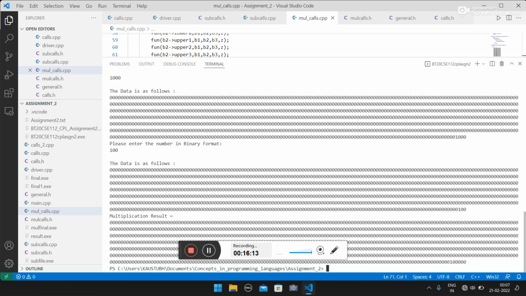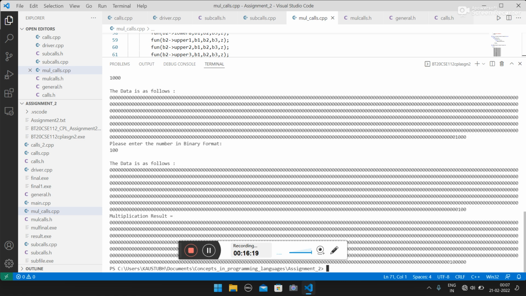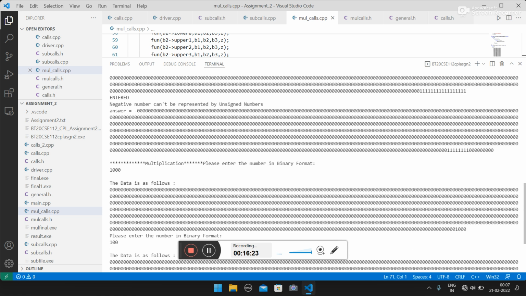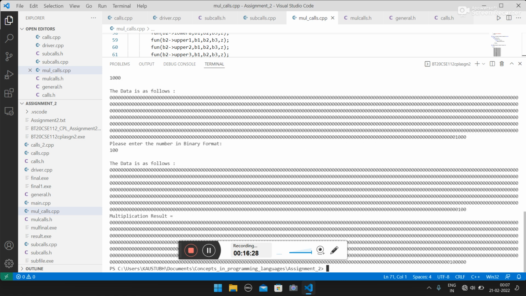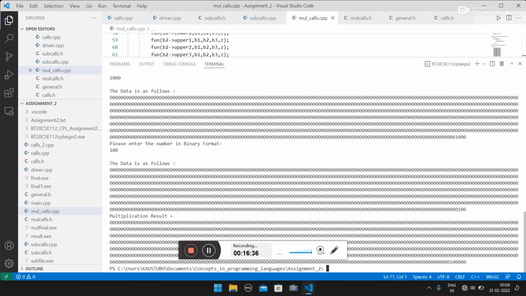So in this way addition and subtraction are done in a very efficient way, and multiplication is also done by repeatedly adding the multiplicand, second number of times. So in this way the multiplication is also happening.